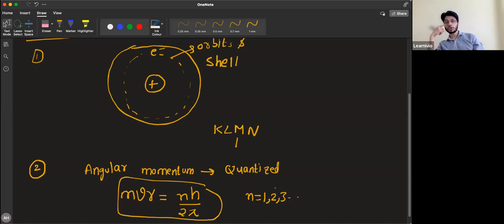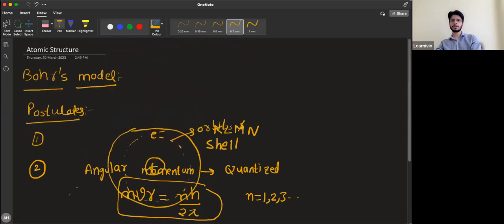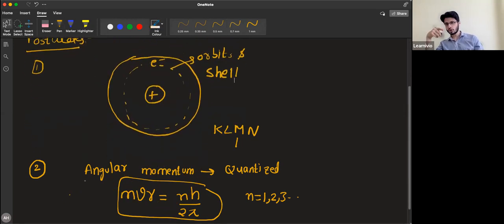So the first postulate says that an electron can revolve in certain special orbits where its energy will not decrease, it will not lose energy. And the second one says that in those orbits, the angular momentum of the electron is quantized. The third postulate says